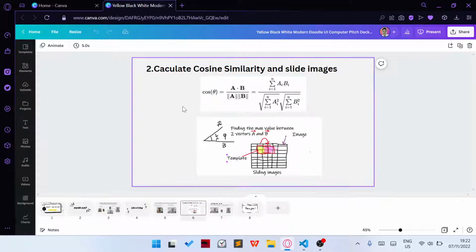Next, you need to calculate the cosine similarity and slide images. What I mean here is that you have to use this formula to compute the cosine similarity. We use cosine similarity to detect the similarity between the image and the template, and how close they are to matching each other. If the cosine angle is small, it will detect the face and draw